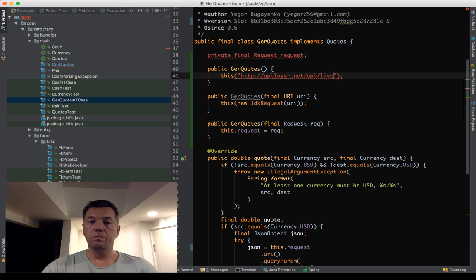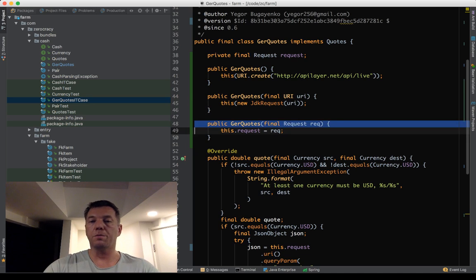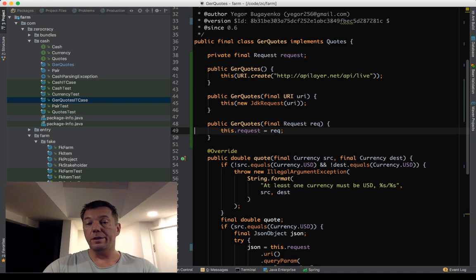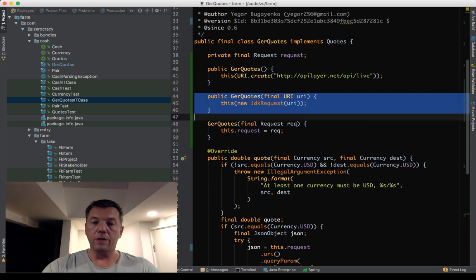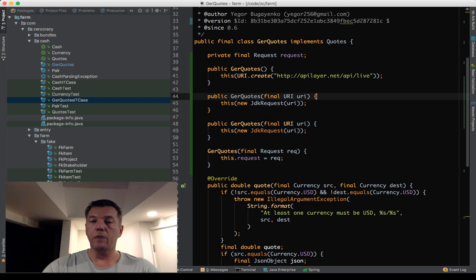So now it's even easier to use the class. We can provide the request, we can provide the URI. So if you want us to use a different API, just give us the new URI. If you don't want to use a URI, if you want to use a string, okay, we can give an ability to use a string.